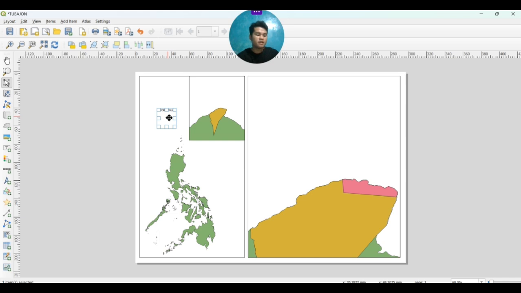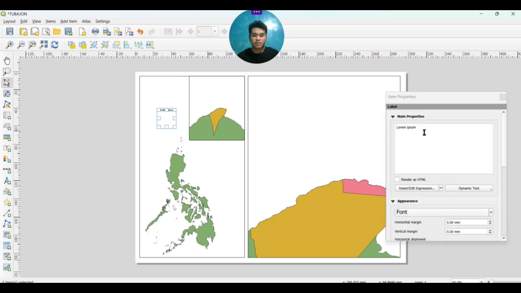In my case, I want to type Philippines. First, you need to right click it, select item properties, and the label is inside here. There, you just replace this with the name that you want for the map. In my case, this is the Philippines.